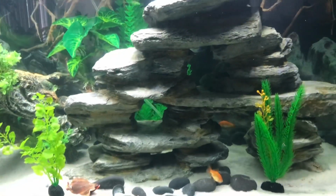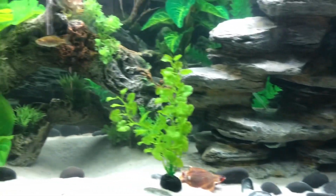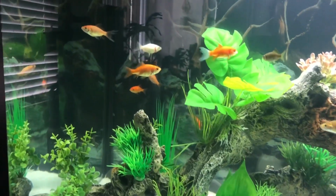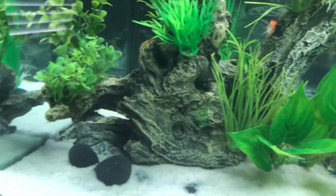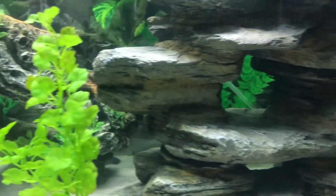I really like these Sunsuns. They have performed really well in my other tanks. I do have some goldfish in here. These were my starter fish, just to cycle this aquarium. But since then, and I don't know if I can find anybody because they've been relatively newly introduced over the past few days, I have